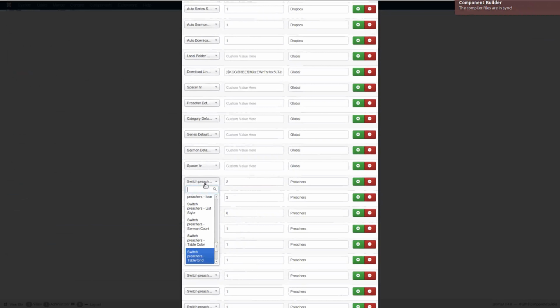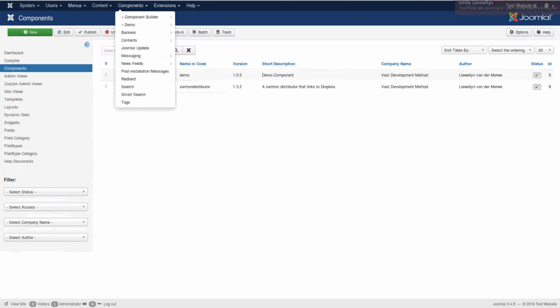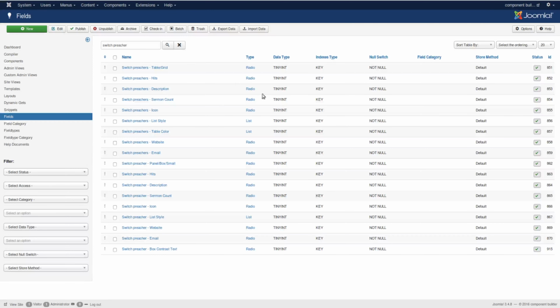Switch preacher table grid. It's called preacher display. So if I was to go and open this field, in fact, let me do that so that you see the whole picture. Switch preachers table grid. Let me just remember that. Okay, so here is the list of the switch preachers